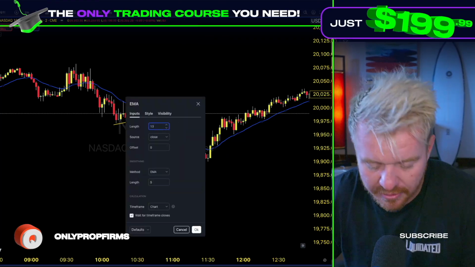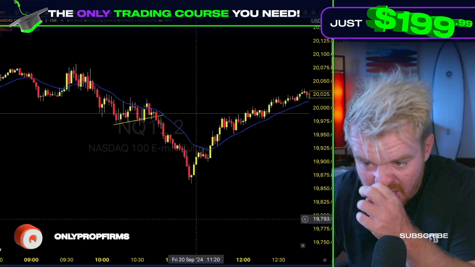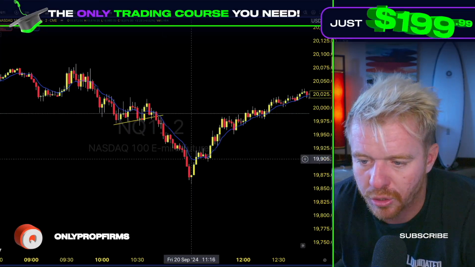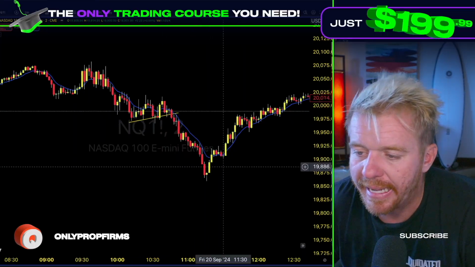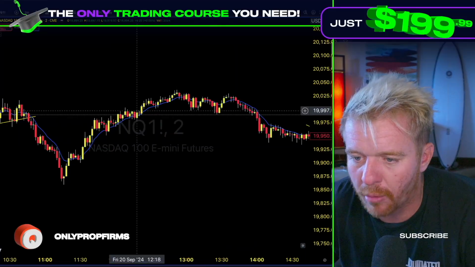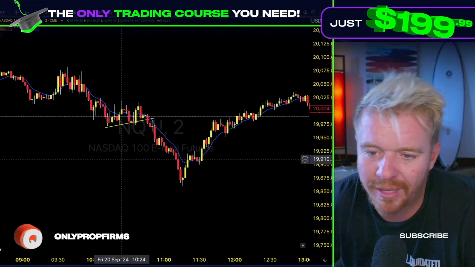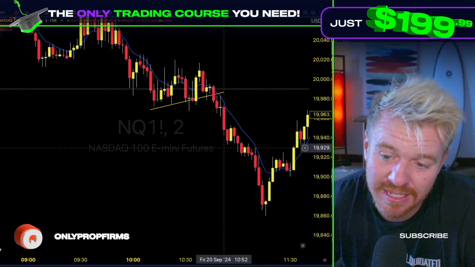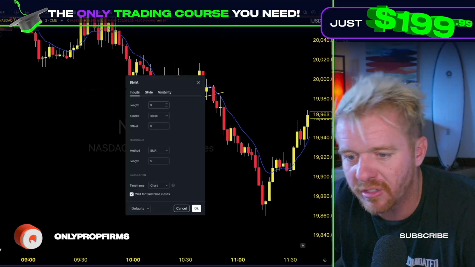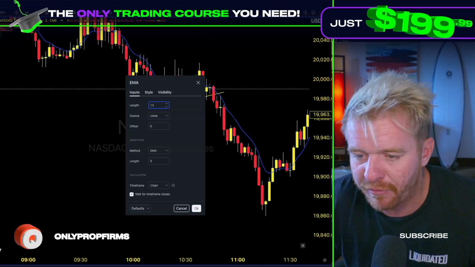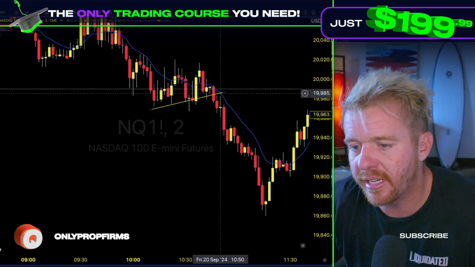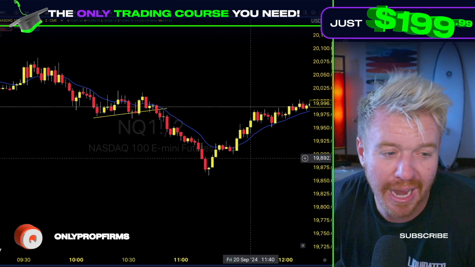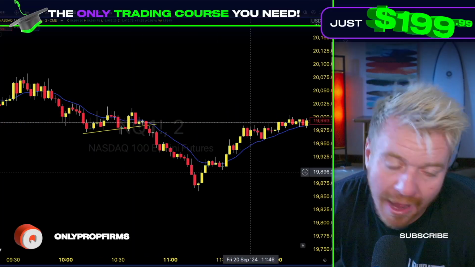So if I go, let's go to a 9 EMA. You'll see how much this is going to move now. So the moving average is going to move a lot closer to the price action, which does get a little choppy sometimes, especially when the market's going sideways. That's when you've got to be careful. That's why I like the longer time frame moving averages. This is the 9 EMA. So it depends on the price action, the way the market's moving. If you go to the 13, this is the 13 now. 13 is not looking too bad either. So depending on your style of trading and what you're looking at, check it out, try it out,